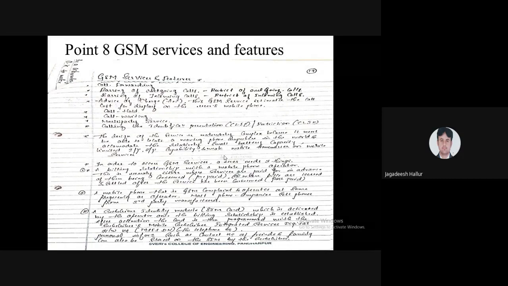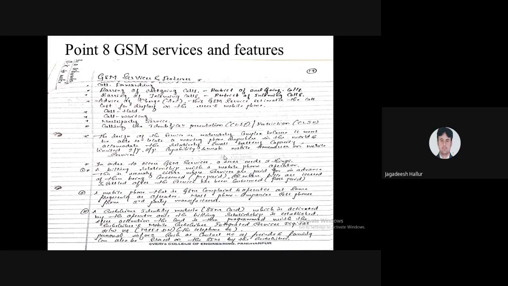Once you insert your SIM card in your mobile and the SIM card has been activated, what do you start doing? You start registering the contact numbers of your friends and family members. Everything has to be provided by the service provider.